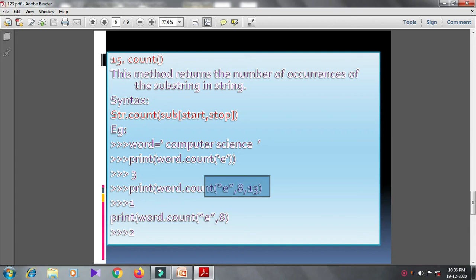Count the occurrence of e, 1, 2. From 8 to 13, only 1. Then word.count('e', 8). Count the occurrence of e in the string from the 8th character onwards. 0, 1, 2, 3, 4, 5, 6, 7, 8. 1 and 2. Returns 2.